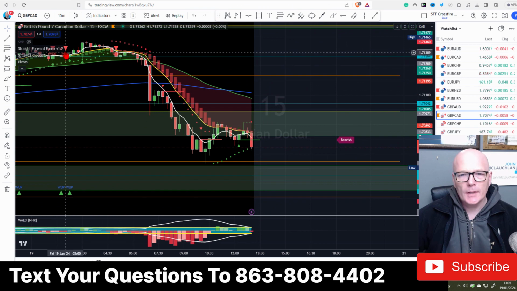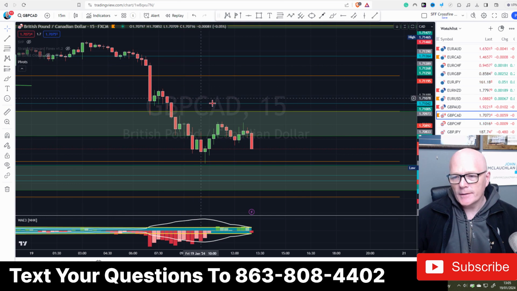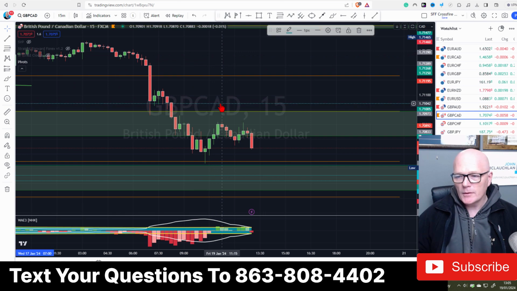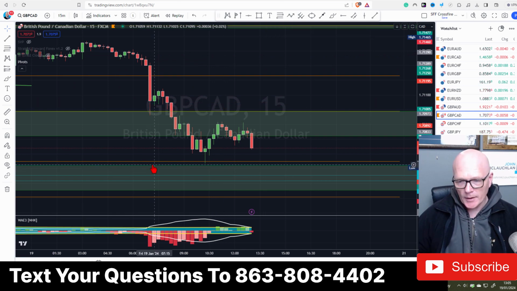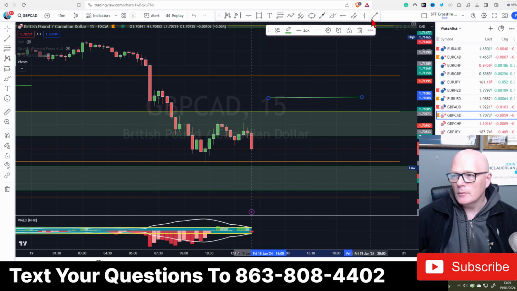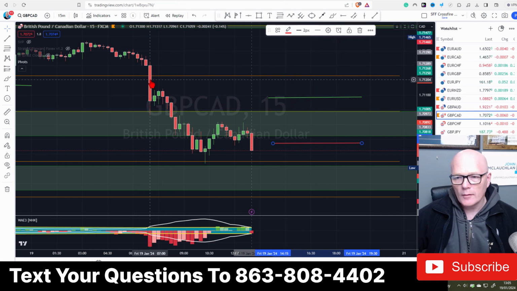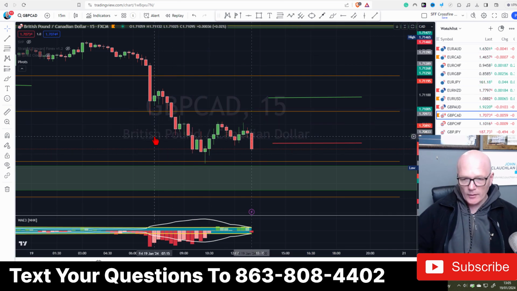GBP CAD, again take off the indicators. We've got quite a lot of lines here that we've had on previously, areas of interest, so I'm going to take them off, because too many lines on your chart just confuses things. And then we'll also come back and have a look at some imbalance as well. So 1300. You can see right now where price is, we've got imbalance, and that's been mitigated already. So we're going to take that off. This area here was imbalance, it came back down to take it out. So that imbalance is gone.